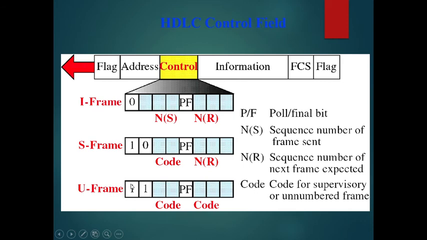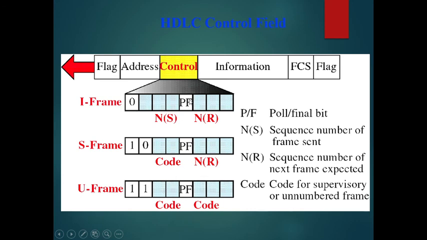And the U frame, the control field of the U frame will always start with 1 1, and these 5 bits, you can see some codes are there. All these codes will be for managing the communication link. We have to use these codes. Some preset codes will be defined both at the transmitting side and at the receiving side, according to which the station has to work.